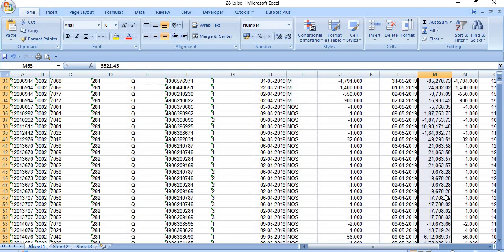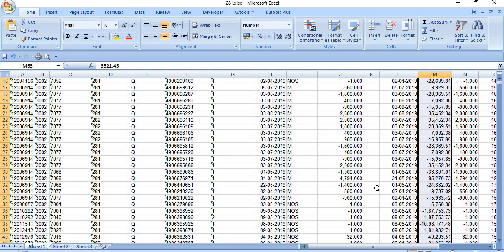For example, I just want to get the details of any document, for example this document which is posted on the date 1st June 2019.